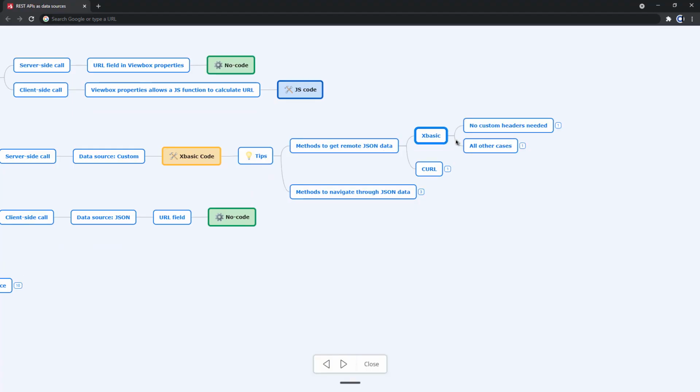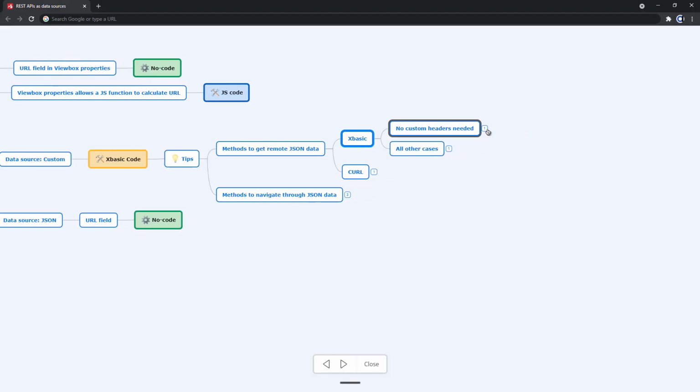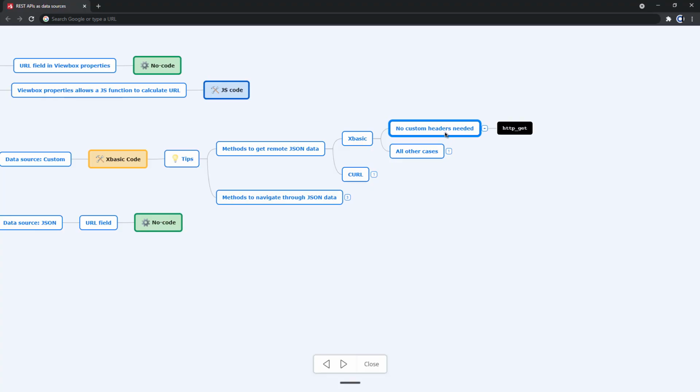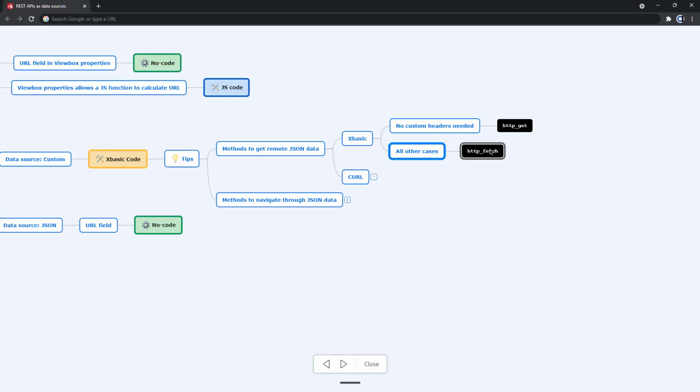So when we're working with xbasic, if we have a very simple case where we're not passing in any headers, we're just doing very simple REST verbs, then we have HTTP GET, HTTP POST, HTTP PUT, all those individual functions. But if we do need to be more flexible, then we need to use HTTP fetch because that allows us to pass in custom headers as well. If we're working with curl, and we'll see more details later on, there's an xbasic curl genie to help us work with that. And once we retrieve JSON data,